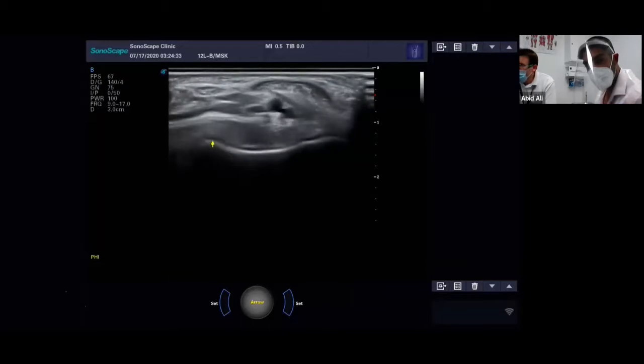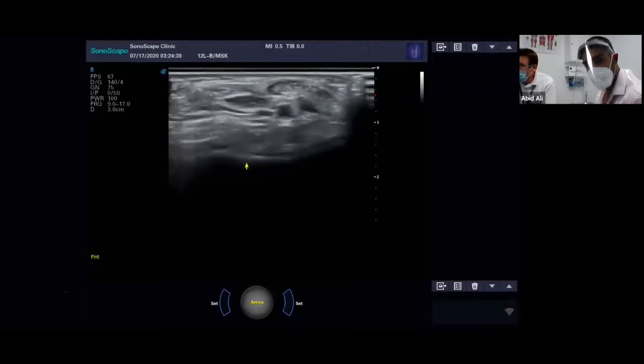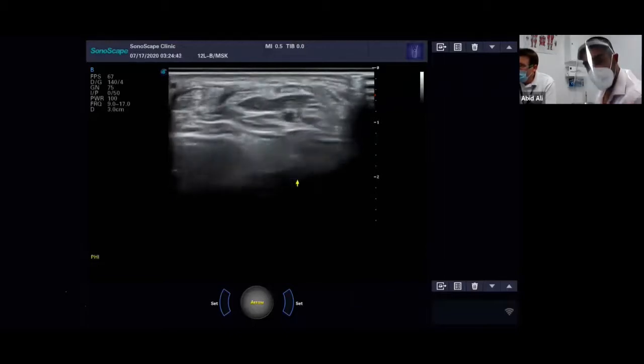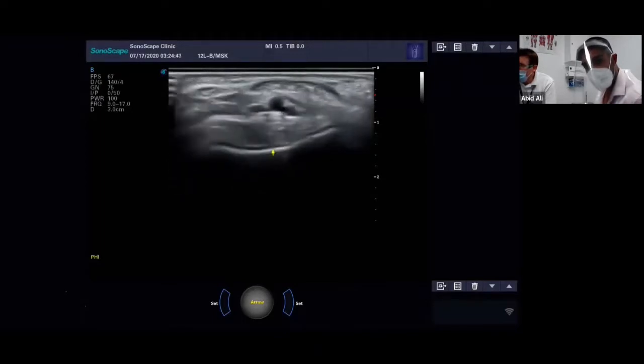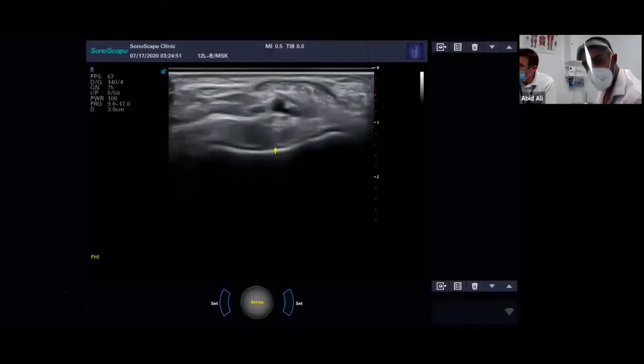So again, when you're interrogating a joint, you want to look at it in long axis and transverse. This is the transverse view, so you can see I'm just going to scan proximally up the tibia, and coming back down again till I'm on the mortise. So you can see this nice. So this is what you're looking for: a nice straight line, nice bright white, and a nice amount of hyaline